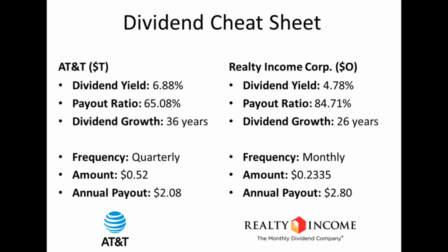But for the time being, on the dividend cheat sheet we have pulled up right here, the first stock that we're going to be talking about is AT&T with its ticker symbol T, and the second one is Realty Income Corp with its ticker symbol O. Now, I give a little bit of a breakdown comparing the two, and we can just run through it real quick. But first things first, AT&T has a dividend yield of 6.88%, a payout ratio of 65.08%, and dividend growth